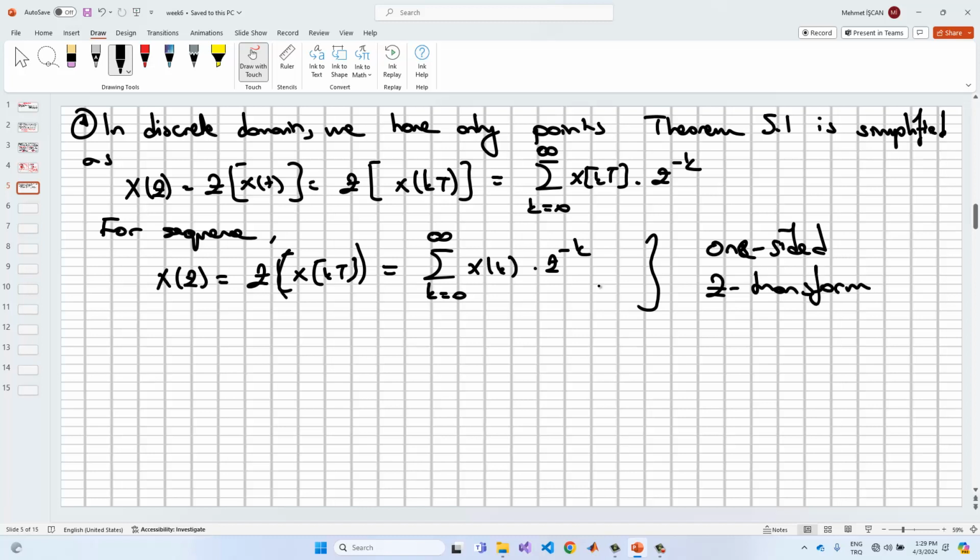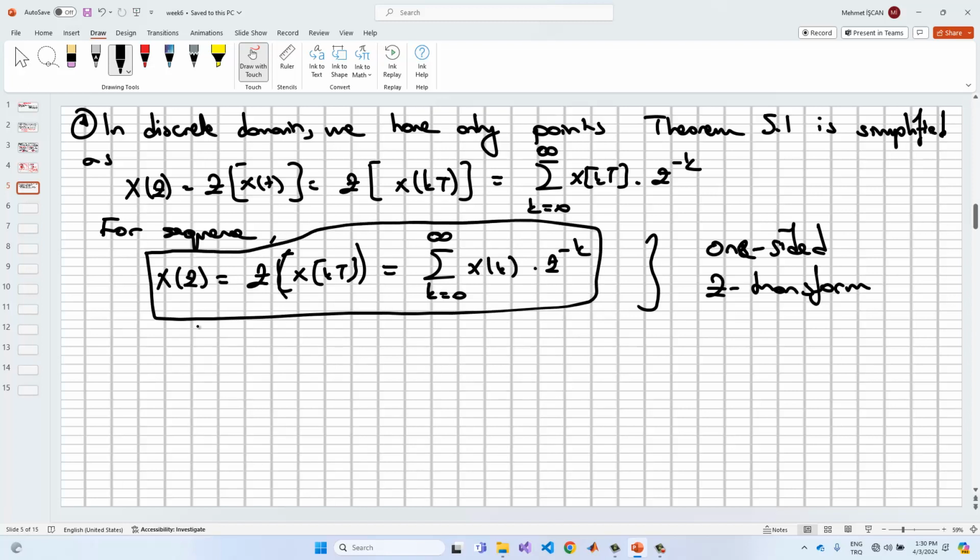Why is it one-sided? Because we don't need to utilize the minus infinity in here. Okay, and so if the sampling rate is constant, now we can simplify the representation as a sequence, a series, just like this one, but in the expansion form,